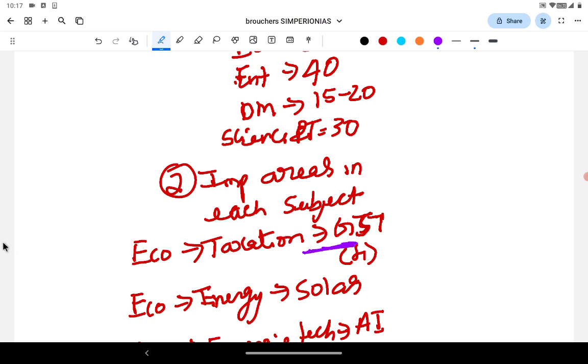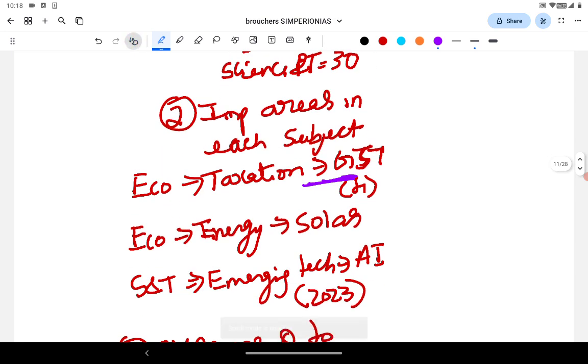question. So previous years' papers not only tell us about the importance of each subject and the important topics, but even the micro topics. In the economy, in the topic of taxation, GST is important. We will show that in the next slides with all the examples. Let's take the next question.